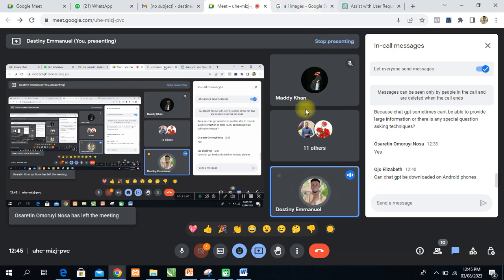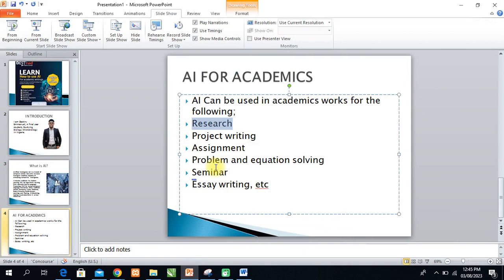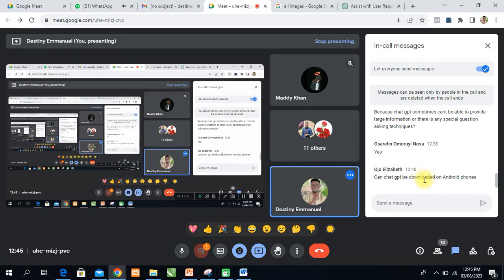Okay, let's go on how to write a project writing now with ChatGPT, and thereafter we see how we can solve mathematical problems with ChatGPT. You know that a project writing is usually a final year work for higher institution students in polytechnics, universities, and colleges of education. Just a work that you are being given to do, and after doing the practical section, you write on the